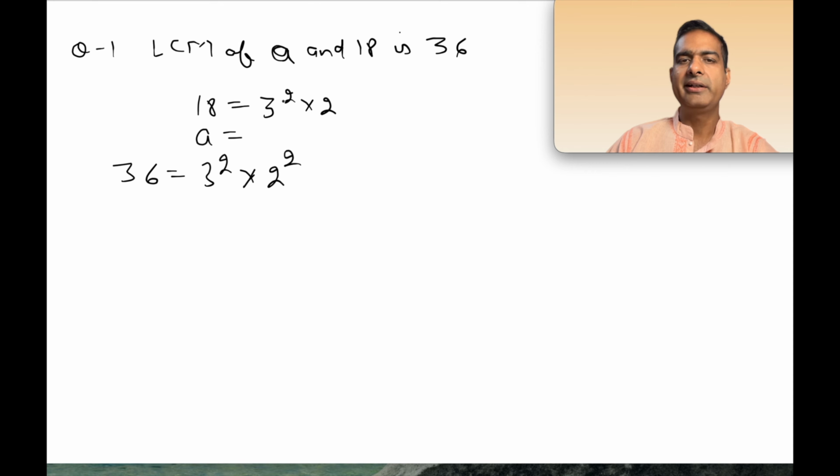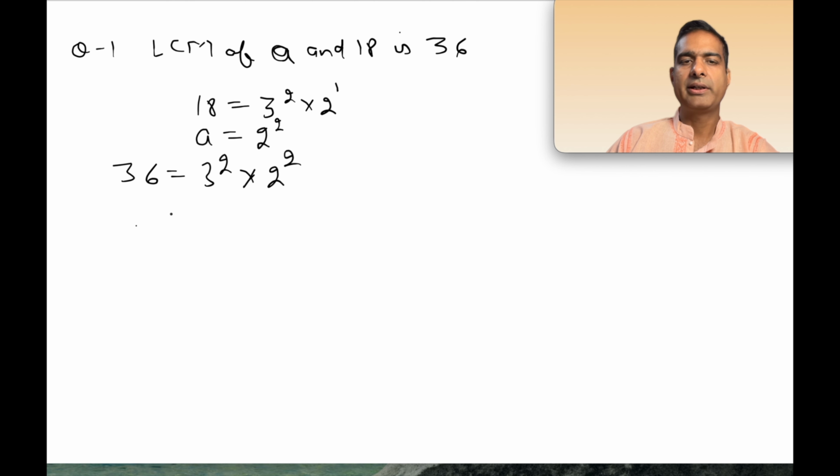So 18 already contains 2, but it has 2 to the power 1 only. So A must have at least 2 square. Then only its LCM will be possible to be 3 square times 2 square. And again it is given that HCF of A and 18 is 2. So if A is equal to 2 square also, then also if I want to find out HCF